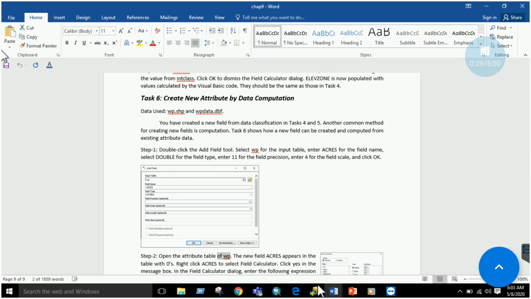So the next thing you have to do is use this formula. Just copy it and come back to this and select field calculator. Here just paste this formula and click OK. It will calculate.